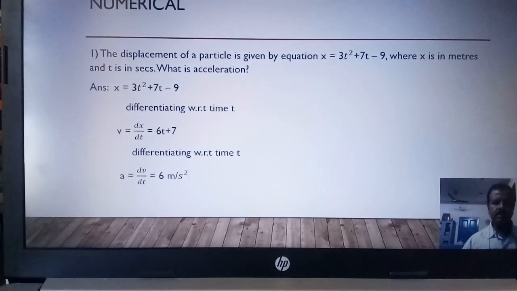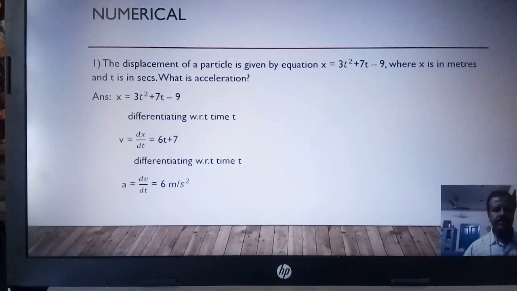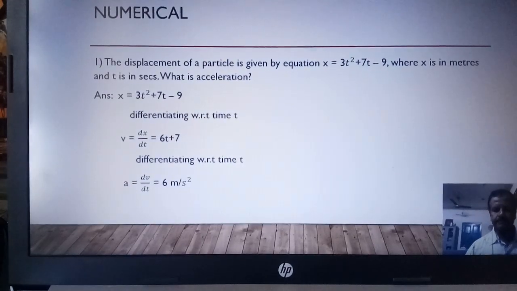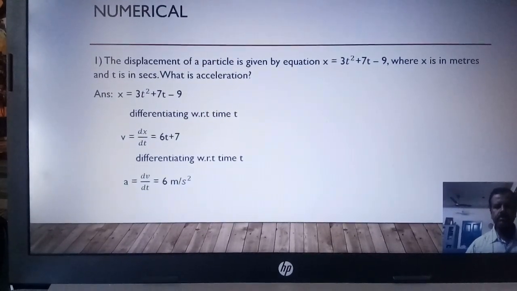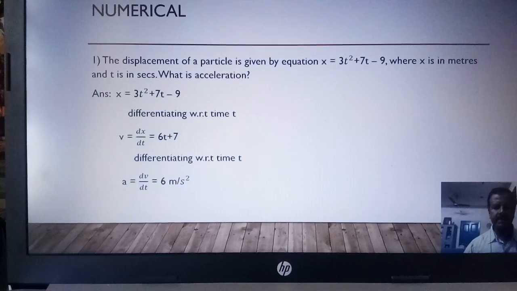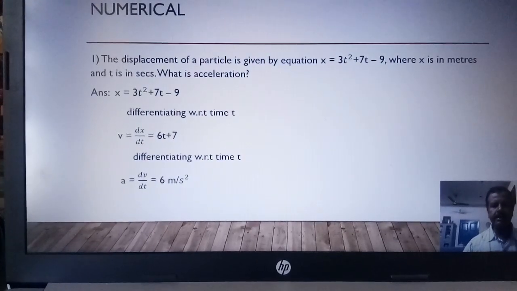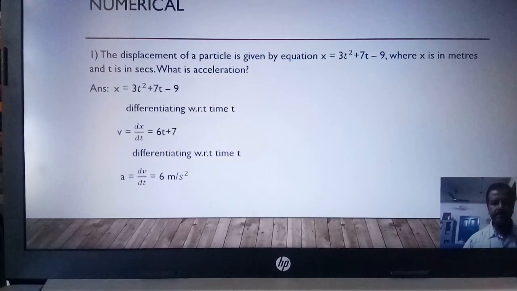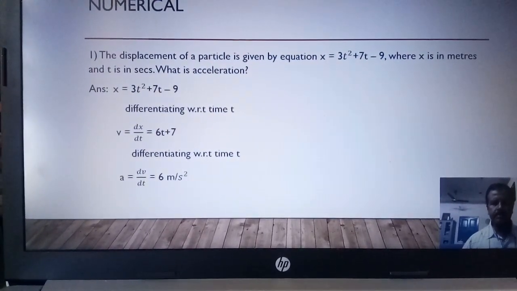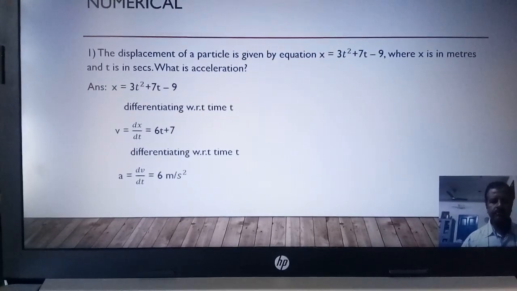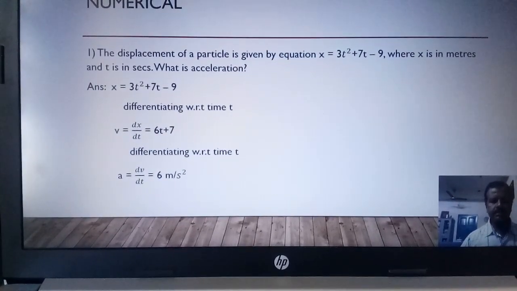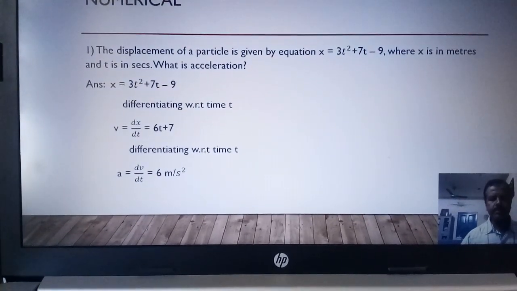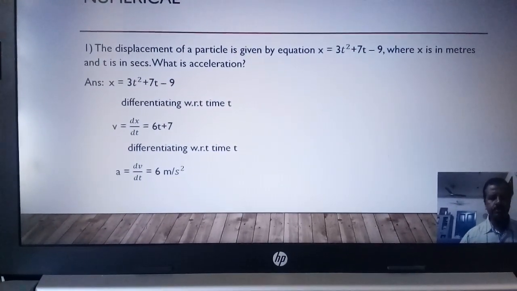As we followed earlier, the standard equation: if x is equal to t raised to n, and you differentiate it with respect to time t, then we get dx by dt equal to n into t raised to n minus 1. Remember that, n into t raised to n minus 1. So if n is equal to 2 here, then differentiation of t square gives you 2 into t raised to 2 minus 1. So that is definitely giving you 2t.